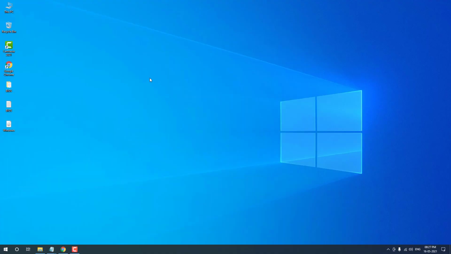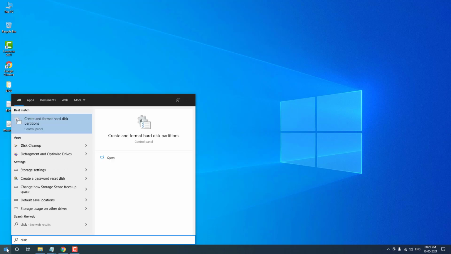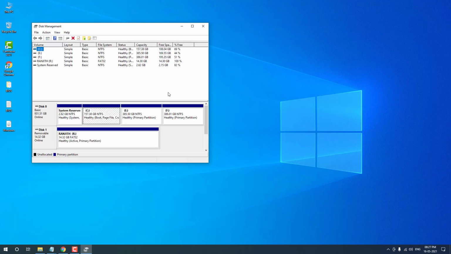The first step is, for example, if I am going to change the OS for this system, I am going to check whether my partition style is MBR or GPT. For that, type disk. You can find an option, create and format hard disk partitions. Click that. You can find two disks. In my computer, disk 0 is my hard disk, and disk 1 is my pen drive.